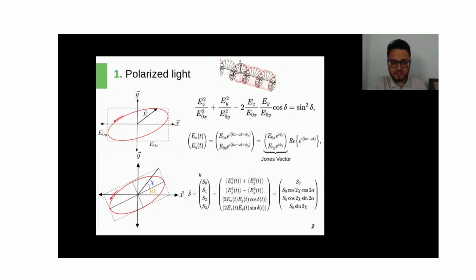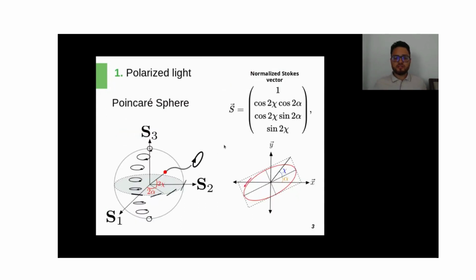So this has several properties, and we're going to work with the Poincare sphere: when we use these Stokes vectors and we normalize them, we obtain a simple representation on the Poincare sphere, where every point on the surface is a polarized light with azimuth and ellipticity